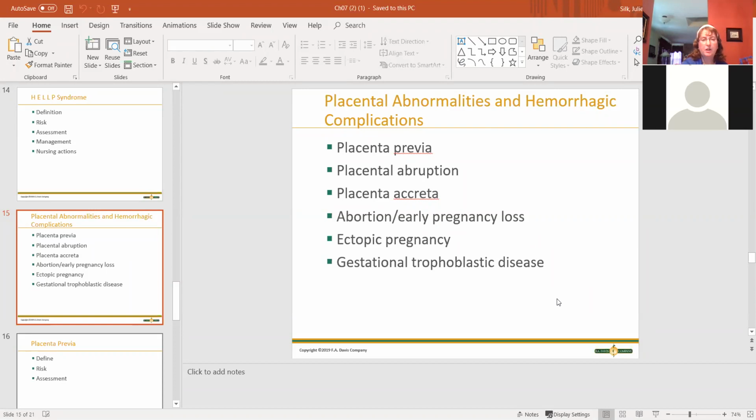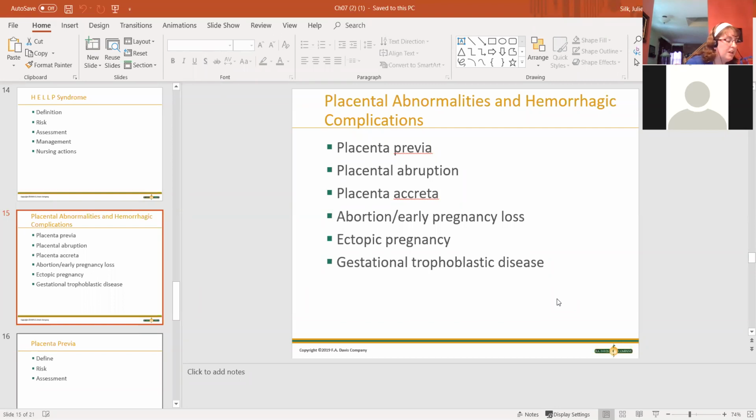And then the last one here is placenta accreta. So this is a term to describe the clinical condition when part of the placenta or the entire placenta invades and is inseparable from the uterine wall. So if you looked at this one, what you would do for this,